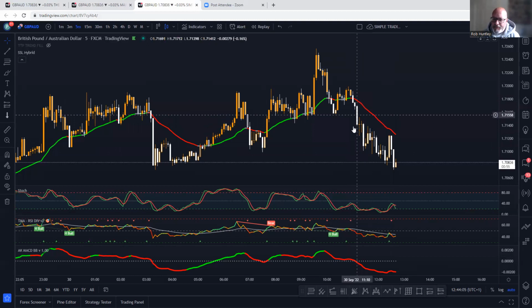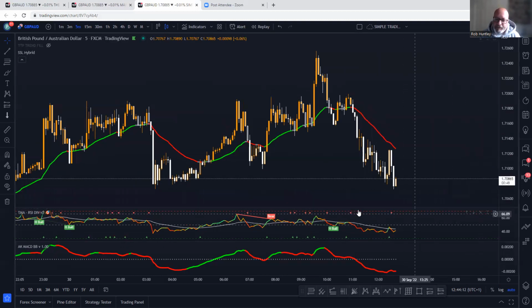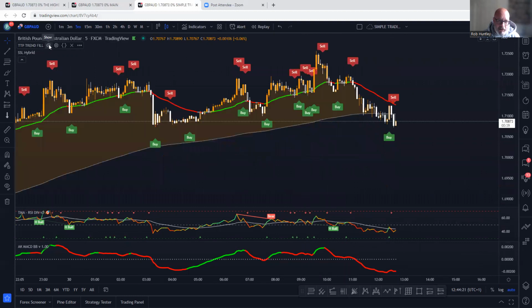So yeah, that's kind of what you're looking for. So in this case, I would lose that and just have those 3 indicators. And of course, I've got my own indicator, the trend fill, on here, which if I chuck that on, that just gives you pretty much a 200 moving average. I think it's actually a 100 smoothed moving average where I've set the indicator up, and also on there I've got tied in these buy and sell